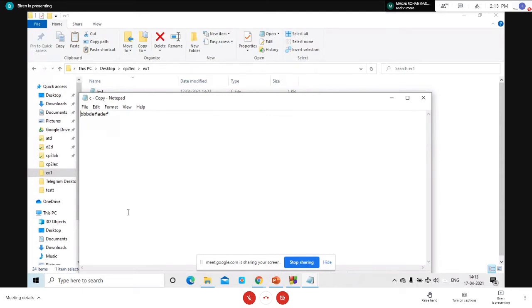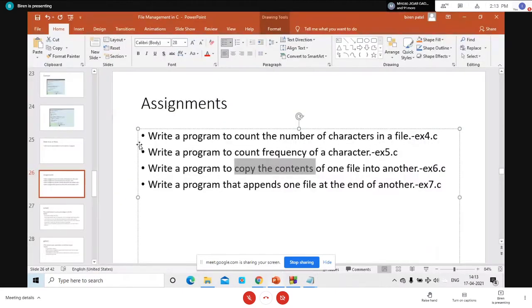Here in appending, we are adding new data at the end of the file. What can we add? We can add anything. Now, as per the last question, we need to append data of one file at the end of another file. So that's the difference between appending and copy. Am I clear?